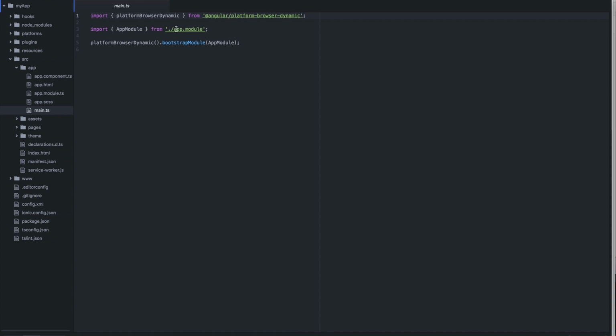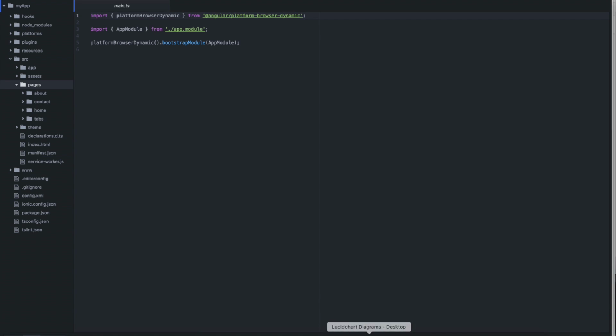The next folder here is the assets folder. And the assets folder is where you'll store static assets like images that get bundled in the build process and output in the www assets folder. Pages, we'll dig more into this soon, but this is where the code for every single one of our pages live. So if we go back to our app,